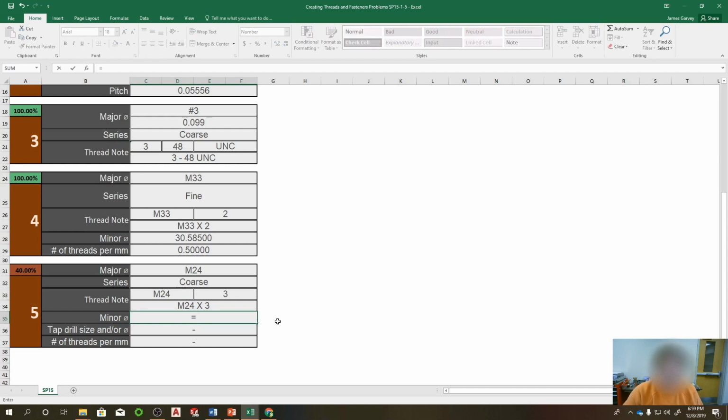My minor diameter is 24 minus 1.2075 times the pitch. And then looking at the chart again, there is the tap drill diameter. M24 has a tap diameter of 21. And then once again, my 1 over